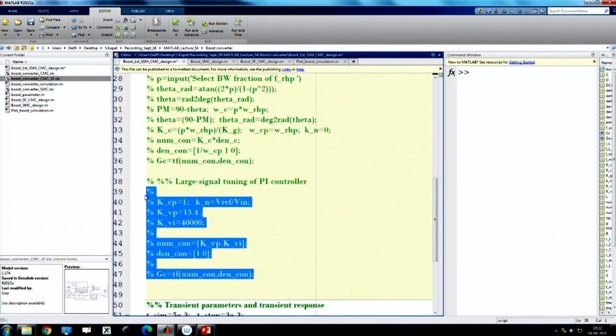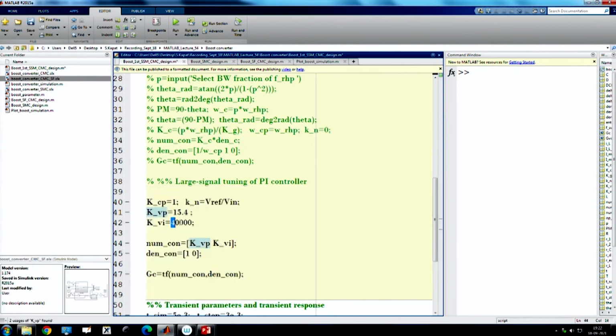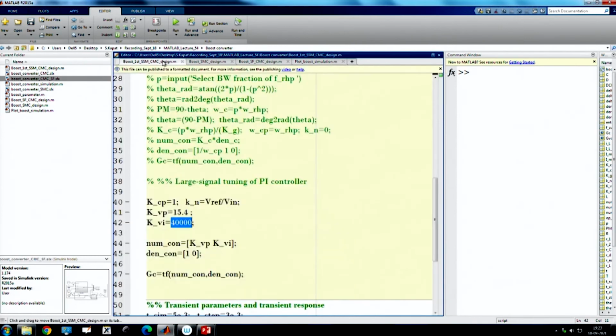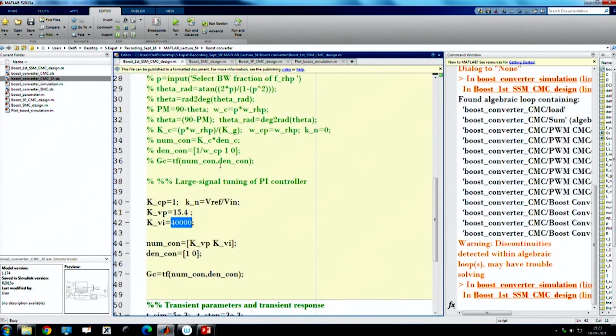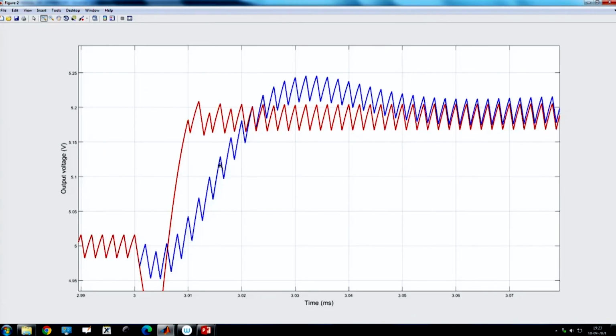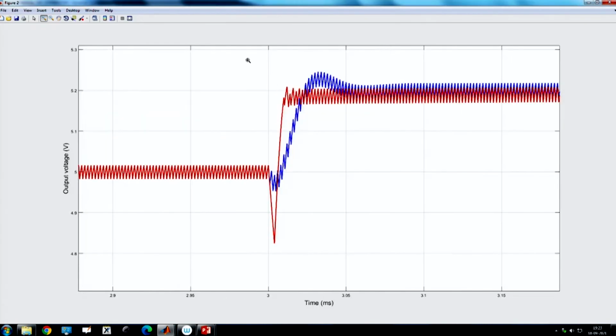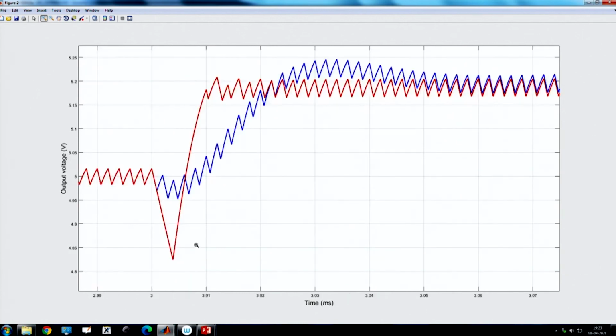Now, we want to use our large signal tuning, okay, and this gain we have obtained. Here we have also included our integral action, right, and we have obtained the gain by computation using our tuning rule. We want to use a different color, so let us say we are using a red color trace, and we are running it. You will find the response is coming in one switching action. Okay, so it is like time optimal, but there is a large undershoot,